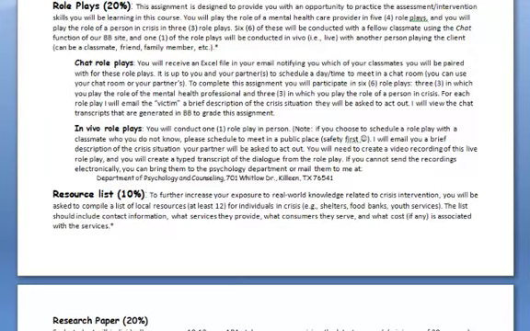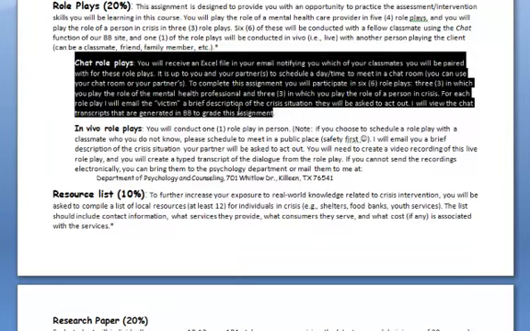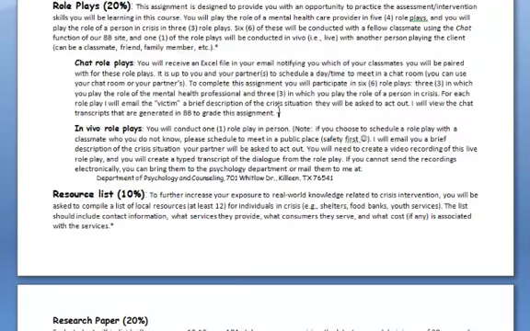So, we're going to use the chat function for 6 of the role plays. So three times you're going to be a crisis intervention specialist chatting with someone who's in crisis. And someone in crisis will be one of your classmates, and I'll assign them a crisis to act out. And you'll have to go through what you would do helping that person in that moment. And as we get closer to when these things need to be done, we'll talk more about it. I'll give you more details about how that will be evaluated.